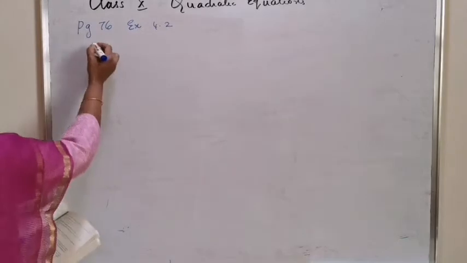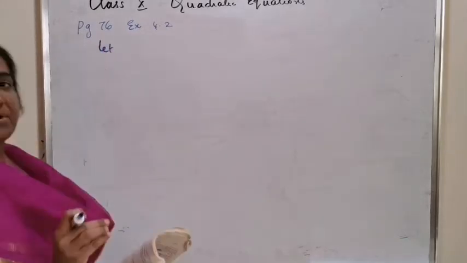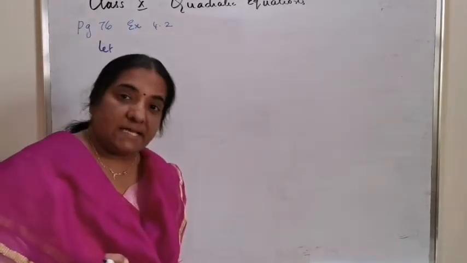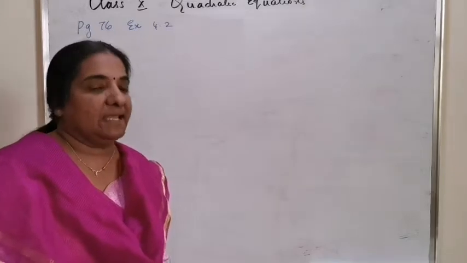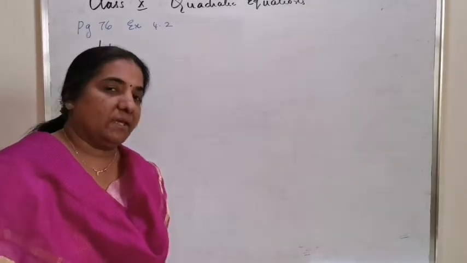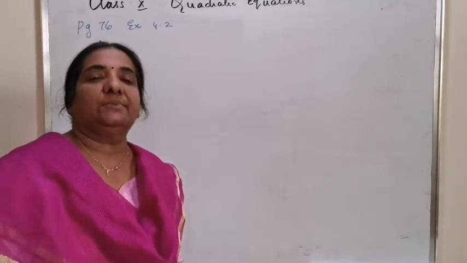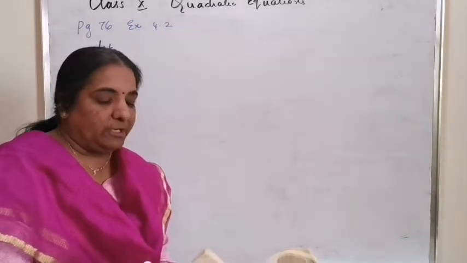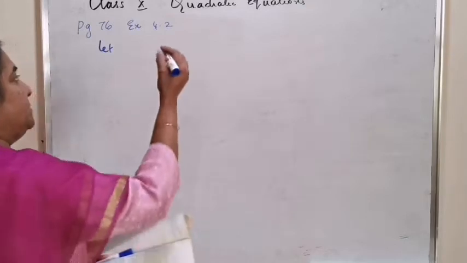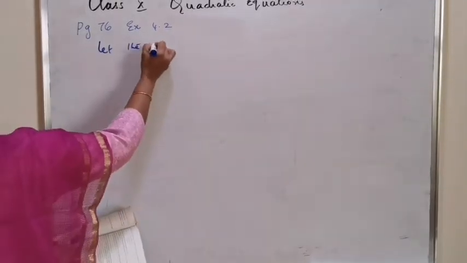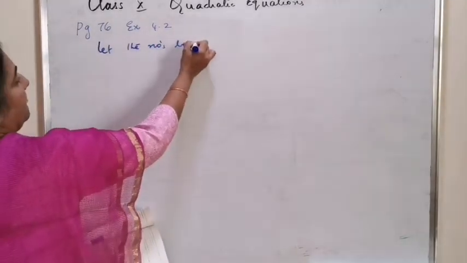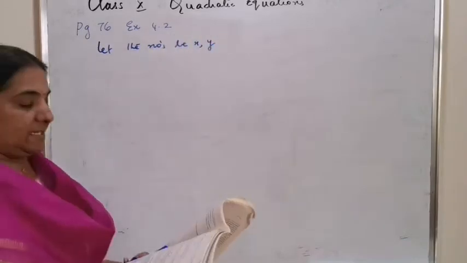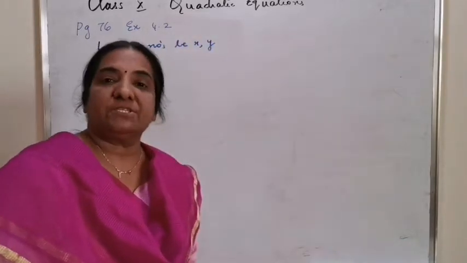Find two numbers. Whenever a question like this is asked, even if you feel like taking x and y, it is okay because later on it will turn into a quadratic equation. Find two numbers whose sum is 27. You can let the numbers be x and y. The first condition is whose sum is 27.